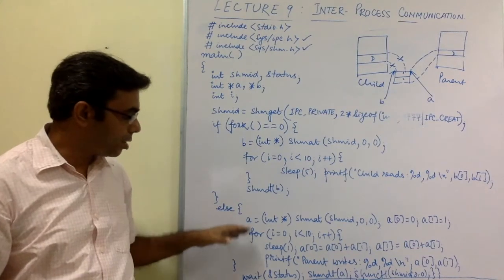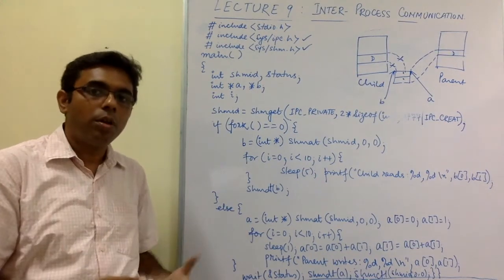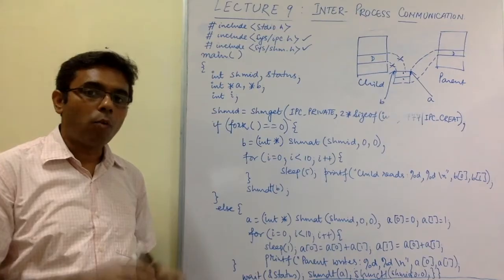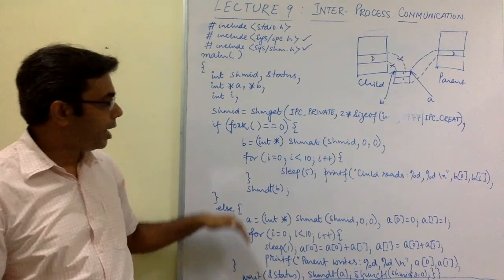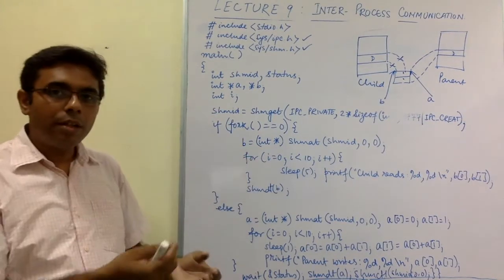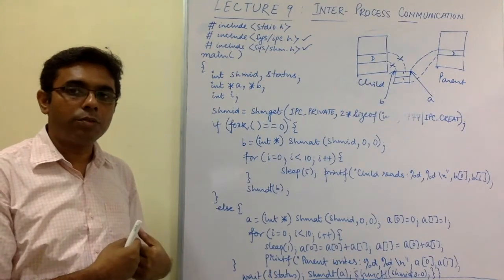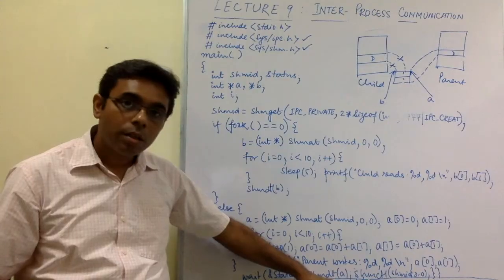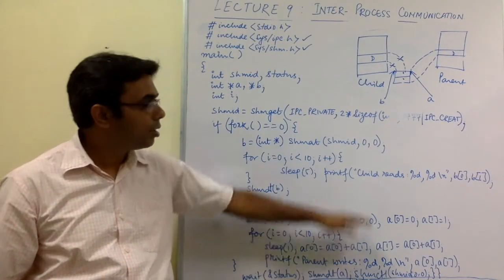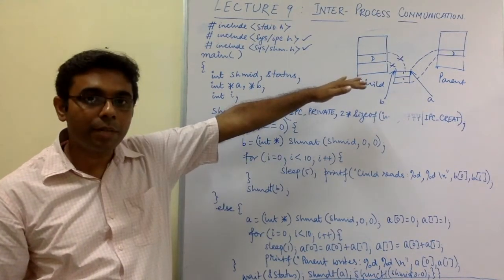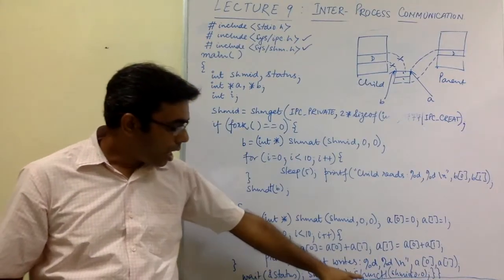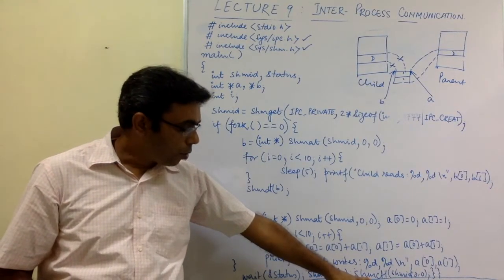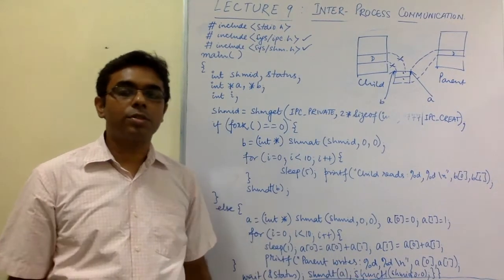So the idea is that the parent writes something into the shared memory and waits for the child. The child in turn, when scheduled, would read those two values from the shared memory, and once done, it's the same. We detach the shared memory segment from the parent process,